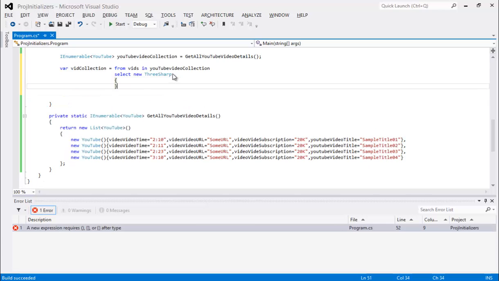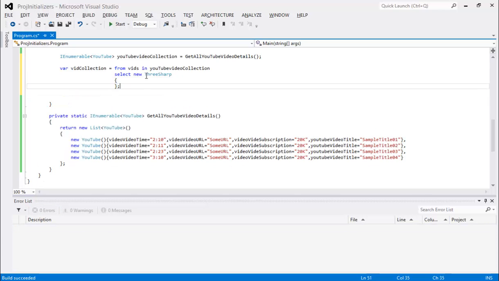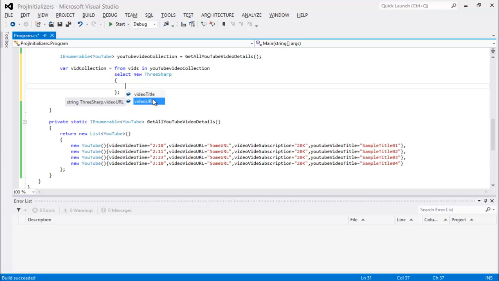If you see right now in this query, sorry, this is not a LINQ query, but right here we are not calling the constructor, we are still initializing the state of the C# class like this. So the video title is